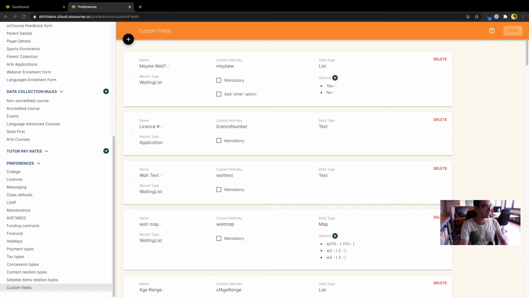Today I want to take a few minutes to talk to you about custom fields in OnCourse. Custom fields are essentially a way for you to add fields to records in OnCourse that perhaps we don't have a particular field for. So for example, you can see here we've got our custom fields section in our test